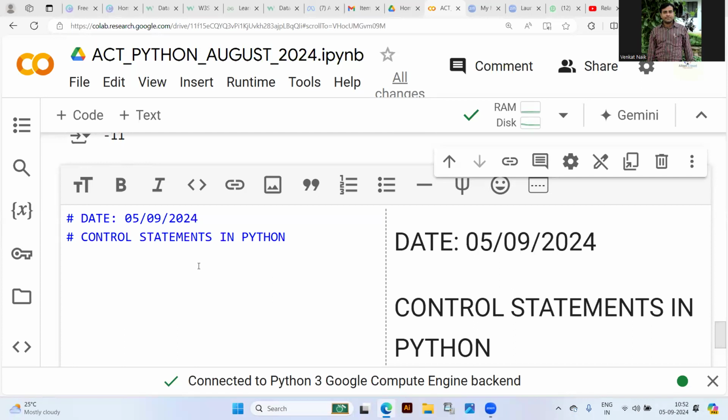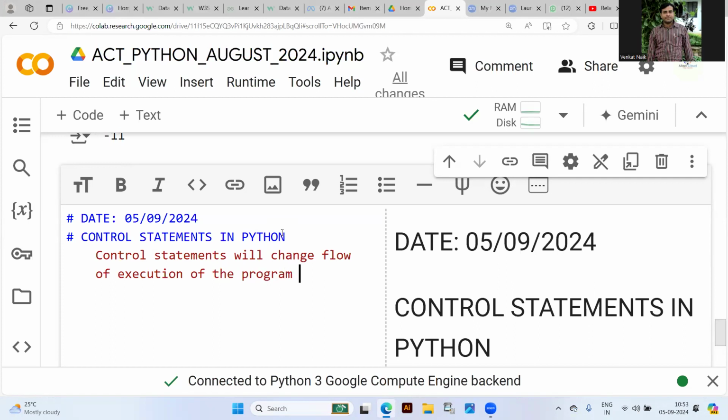We need a control statement. How are control statements classified? Let me write. The main reason is that control statements will change the flow of execution of the program instructions